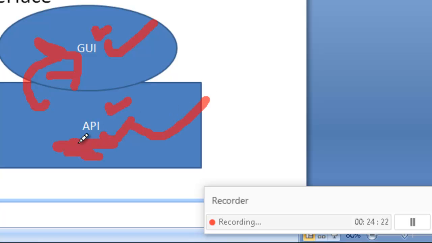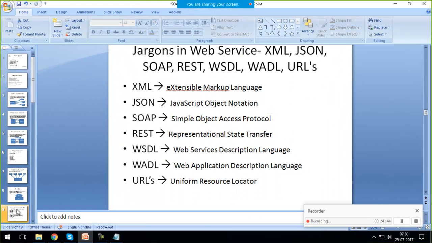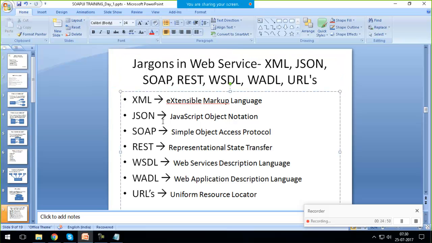And to test this one, we need to know about REST, we need to know about SOAP to reach the API. We can't reach the API directly. The user can't reach the API directly. We need some protocols, we need some standards, we need some important architecture to reach the API, and all these things will be covered in our course. Okay. Now the next thing is, what are all the jargons present in a web service? When I start discussing the